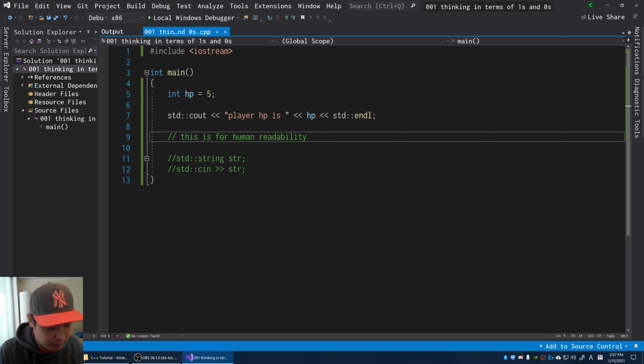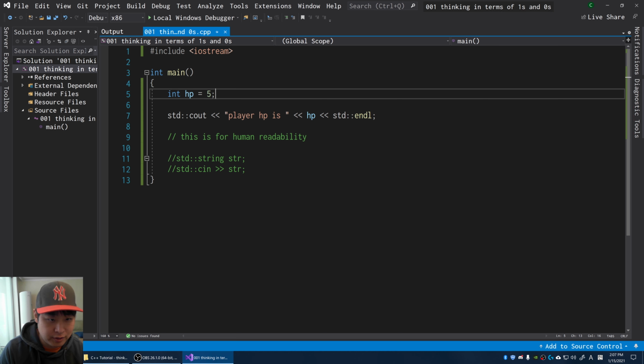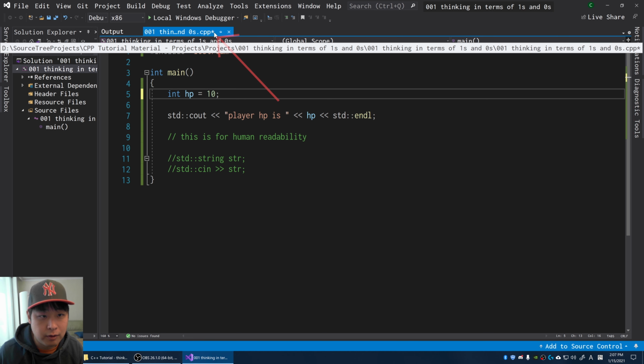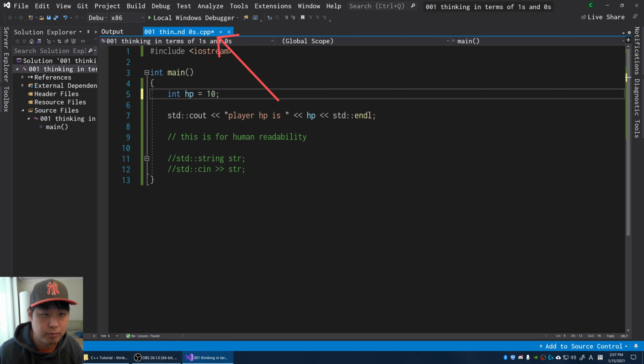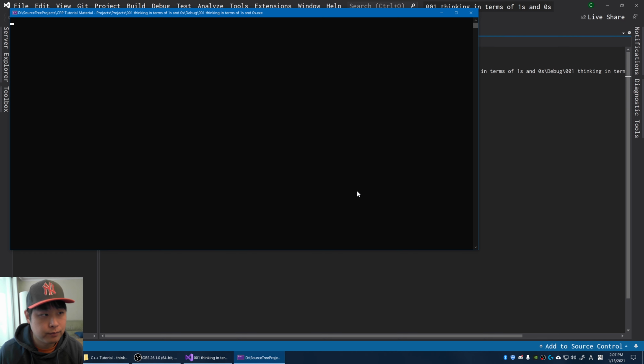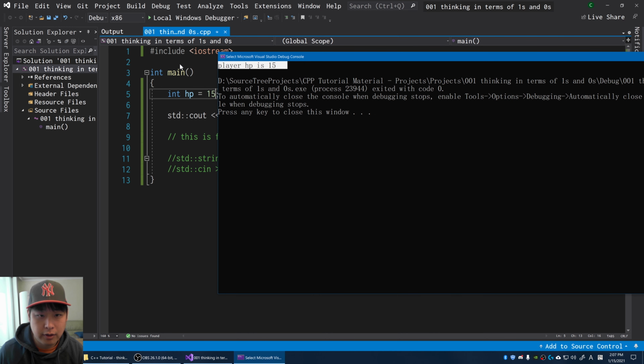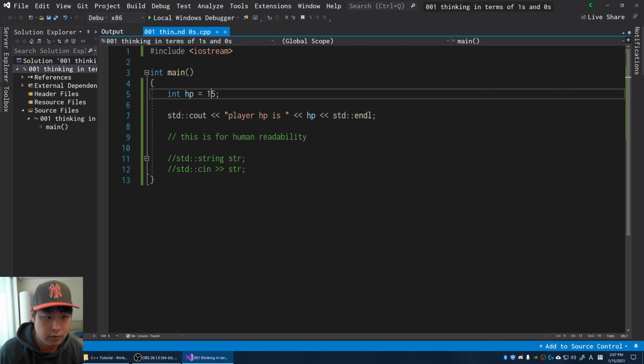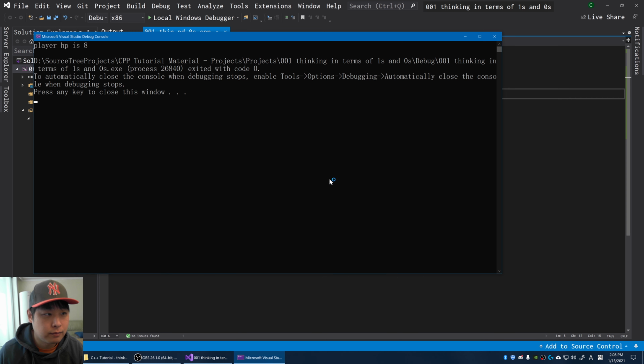And just out of habit, you might see me pressing Control S a lot, or you might hear me pressing Control S a lot. So if I change this to something like 10, you see the little mark here, the change. I'm going to press Control S. It's saved, but even without manually saving, if you just run this, Visual Studio does it for you. Okay, player HP is 15. Let me try 8, run the debugger. Okay,